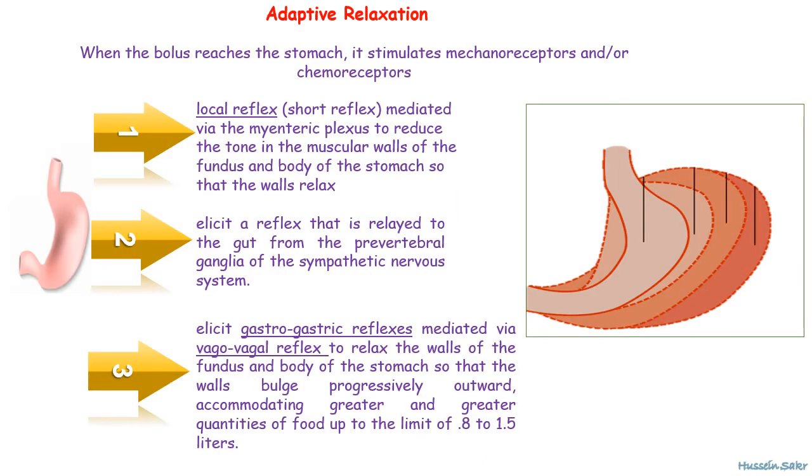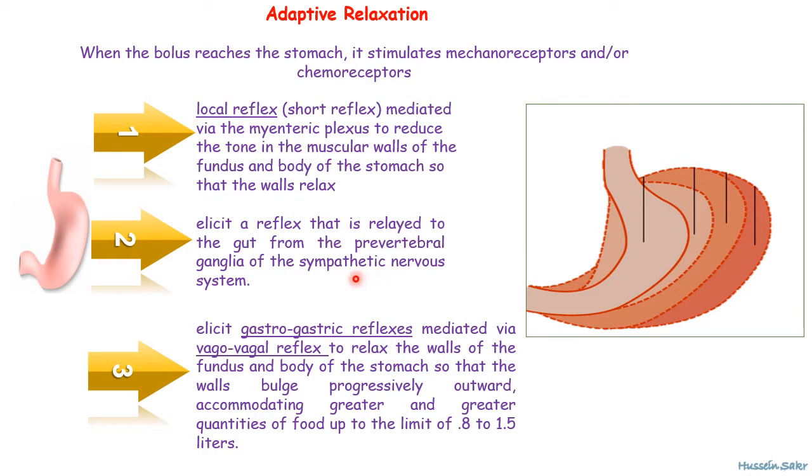The second type of relaxation present in the stomach is known as the adaptive relaxation, and this usually appears when the bolus of food enters into the stomach. Entry of food into the stomach stimulates certain types of both mechanoreceptors and chemoreceptors, and these receptors are going to initiate either a local reflex within the enteric nervous system to produce relaxation of the wall of the body and the fundus,